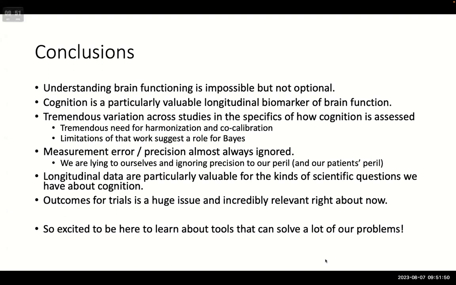So the question was, that cognition seems really valuable, but the field seems to be moving in a different way. How can we make it so that the field appreciates the value of cognition? And I think specifically you were focused on maybe the clinical world. I think we saw with COVID that the clinical world can change on a dime